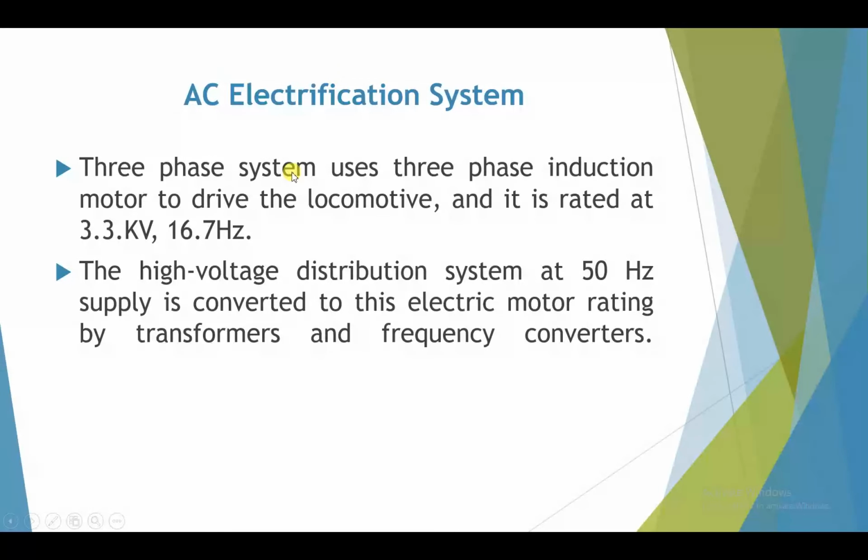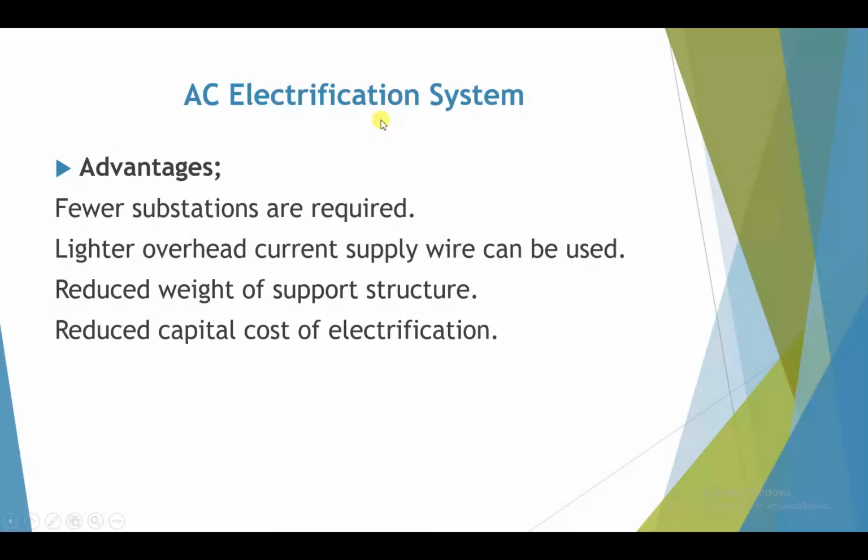In the AC three-phase system, the three-phase induction motor is used to drive the locomotive, and it is rated at 3.3 kV and 16.7 Hz, meaning the voltage and the frequency. The high voltage distribution system at 50 Hz supply is converted to this electric motor rating by transformers and frequency converters. The AC electrification system advantages: fewer substations are required, lighter overhead supply wire can be used,